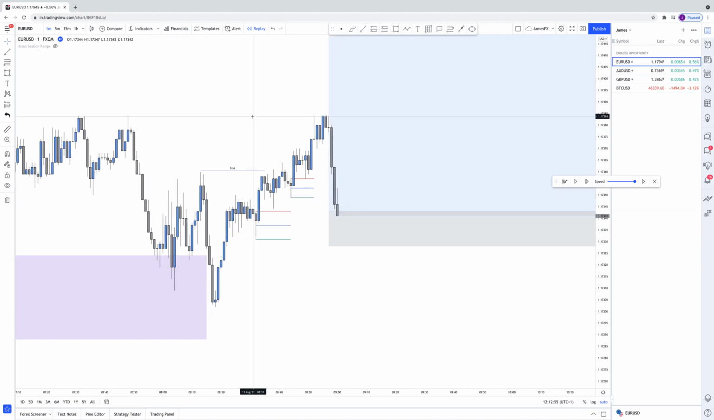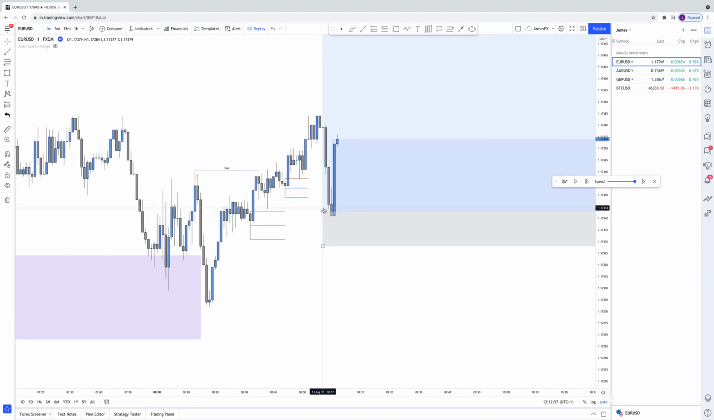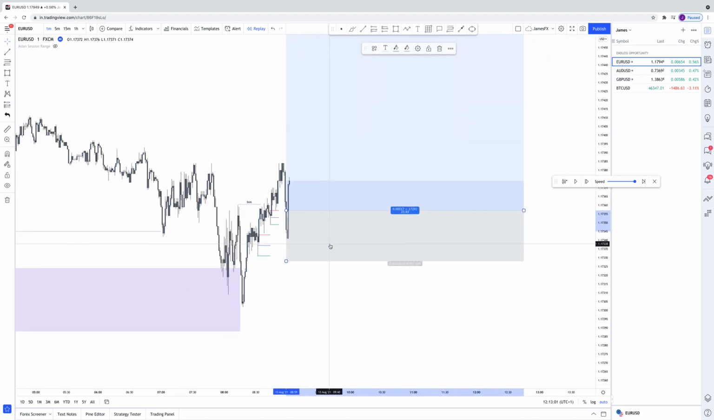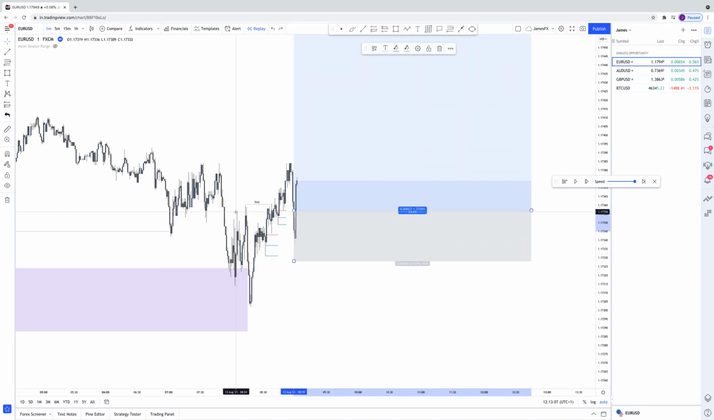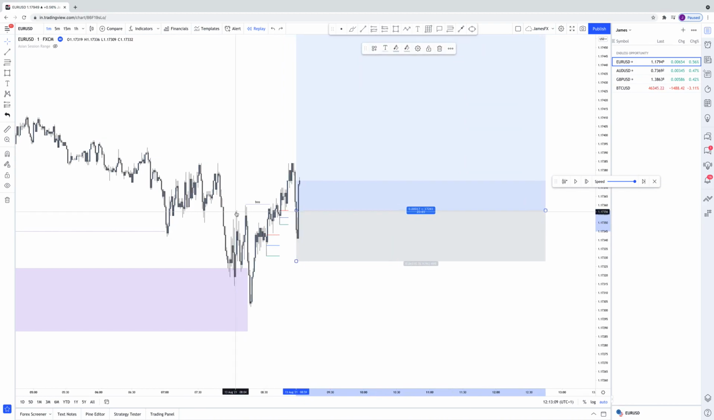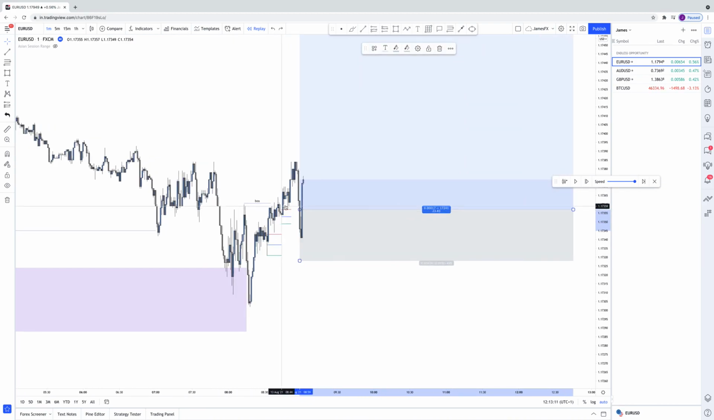Okay, so if we bring it forward, if you got in there, would you be kept in the trade? Yeah, you would be. 2 pips, you'd be in the trade. Okay, if I just bring that back to this. Now, I did not take this trade